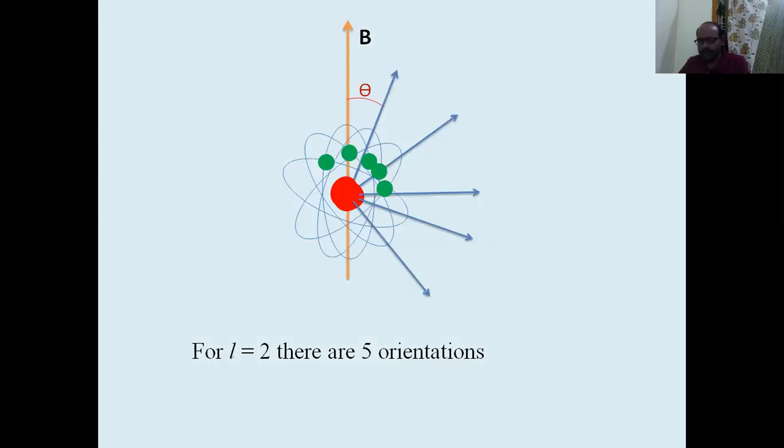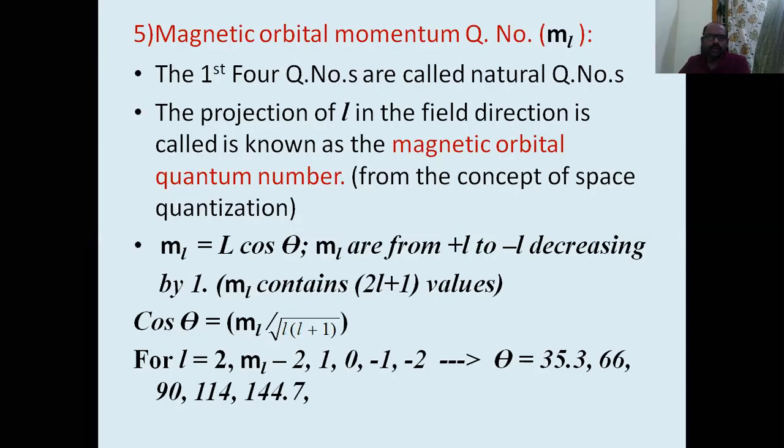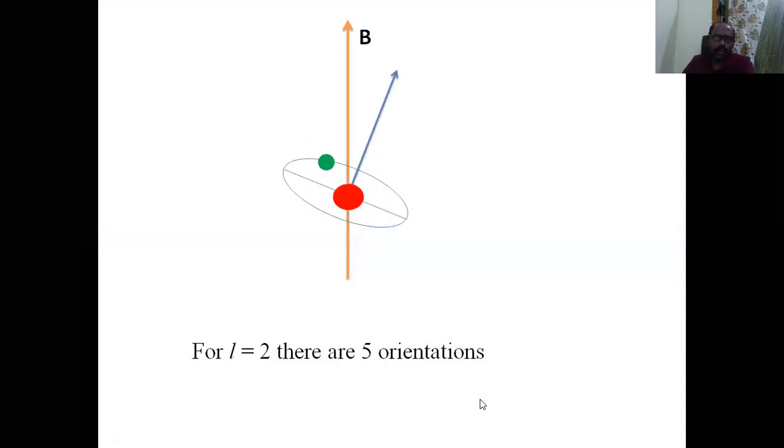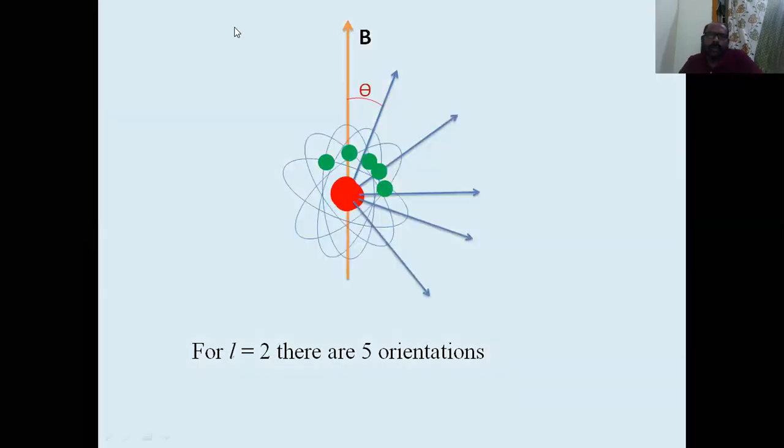So here, if we observe it, so here we have to observe. There was a field direction actually, I show here. It is the field direction B. Let us say a magnetic field is applied. It is a field direction. In that case, the orientation of the orbit is just like this, in this direction. Let us say it is one orientation.